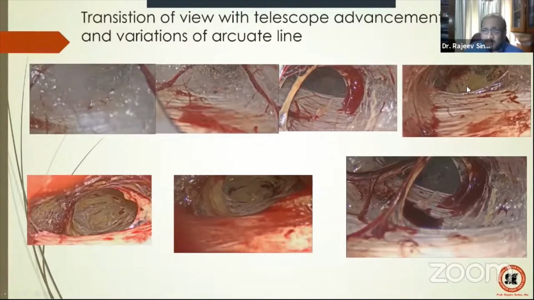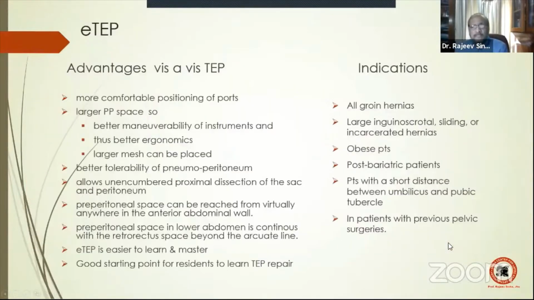Seen out here, can you see it very clearly? The lower part of the arcuate line. And you can see the vessels out here, underlying the rectus abdominis muscle. So this is the dual arcuate that we showed: the first arcuate line and second arcuate line, very well seen out here. The two arcuate lines, 1 and 2. And this is the pre-peritoneal fascia. These are the veins which are coming to the side of the rectus. You have to be careful while negotiating in between them because you don't want to have any hemorrhage into it.